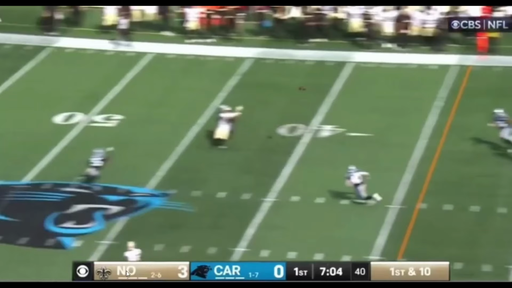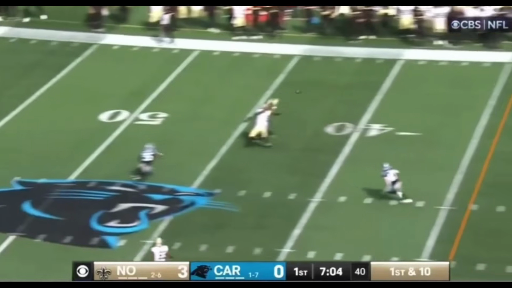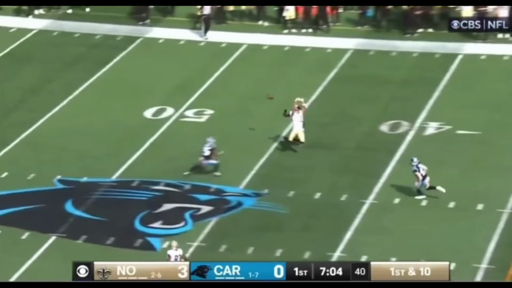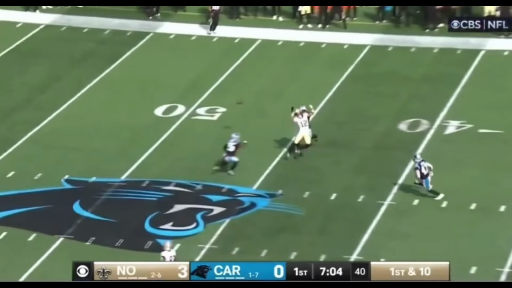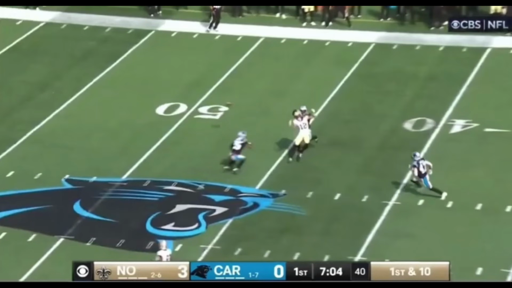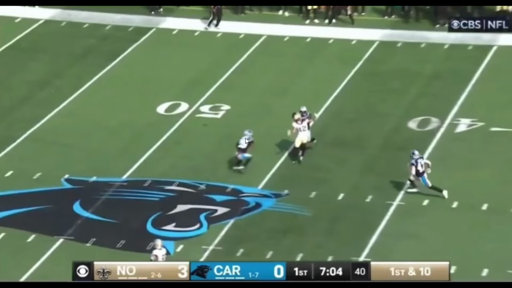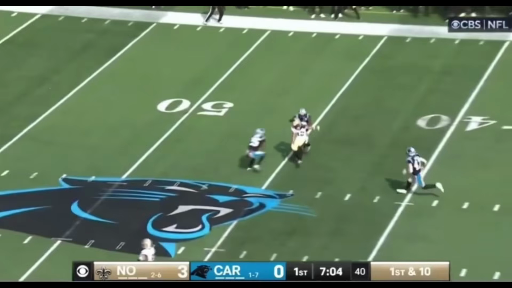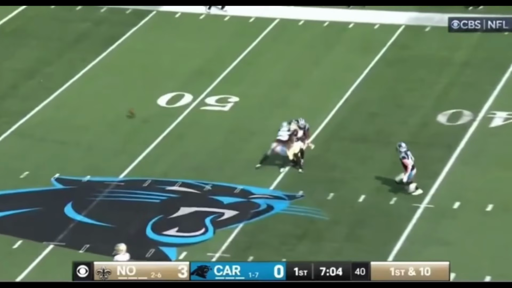He's going to try and make the reception here, but we do want to pay attention to the Panthers safety right here. He's high over top, and he's going to come into the picture here, trying to make a play on the ball and on Olave, the receiver. The pass goes incomplete. Olave is in a bit of a vulnerable position there. You can see number 12, he's got his arms up in the air. The Panthers safety comes in, and there's the impact.